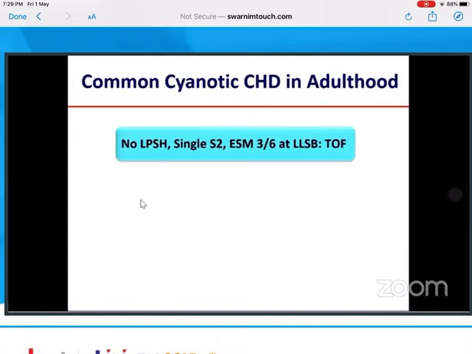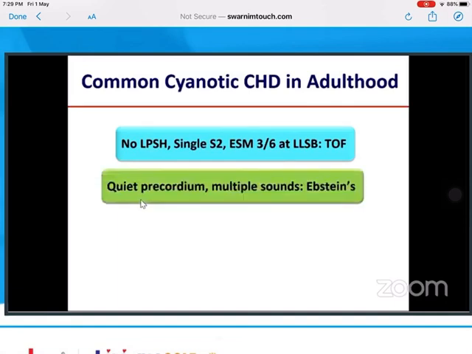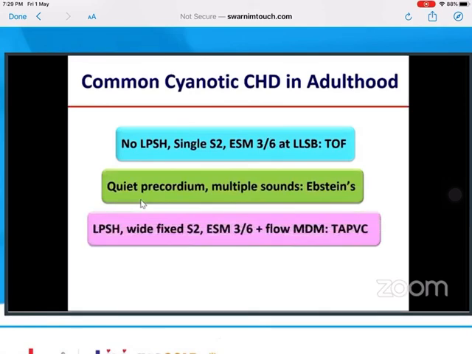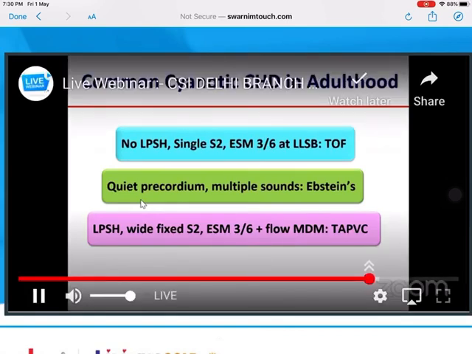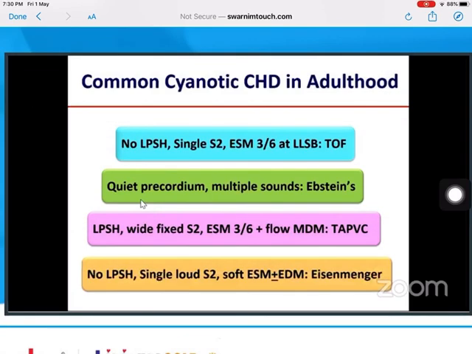So to summarize, I will just give you 4 scenarios. No left parasternal heave, single second heart sound, good ejection systolic murmur at the left sternal border, middle and lower. Think about tetralogy. Quiet precordium, multiple sounds, very soft murmurs. Think about Ebstein. Left parasternal heave with a wide fixed S2 with P2 audible, ejection systolic murmur, and flow MDM at the lower left sternal border. Think about ASD-like findings, basically. Think about TAPVC. And finally, no left parasternal heave, single second sound, but